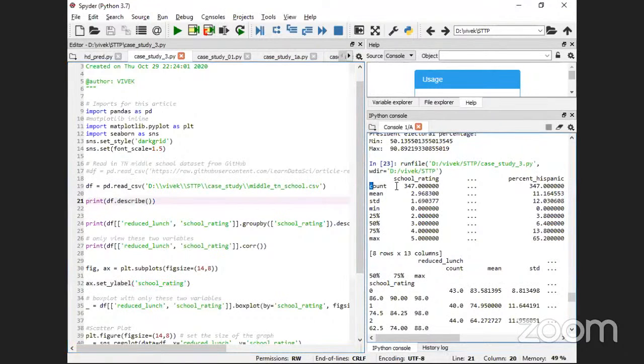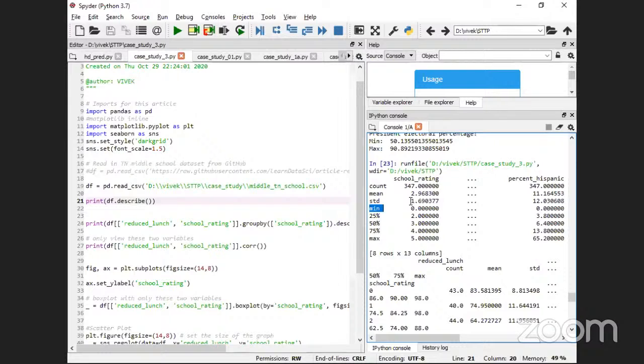Total count: if you exclude the header, we observed 348 records, right? One record is concerned with the header information. So the total number of records is 348, and the mean value, this describe function itself will try to generate all this with respect to school rating. Likewise, all the parameters you can see it will try to generate. But here in our case, we have limited them, right? And you can see here the mean value and standard deviation, minimum,